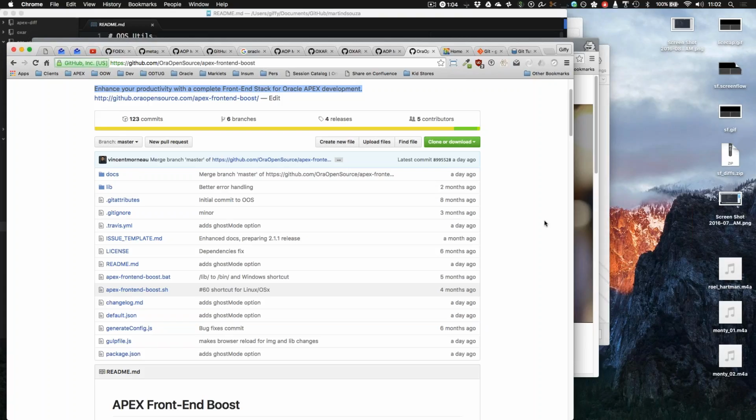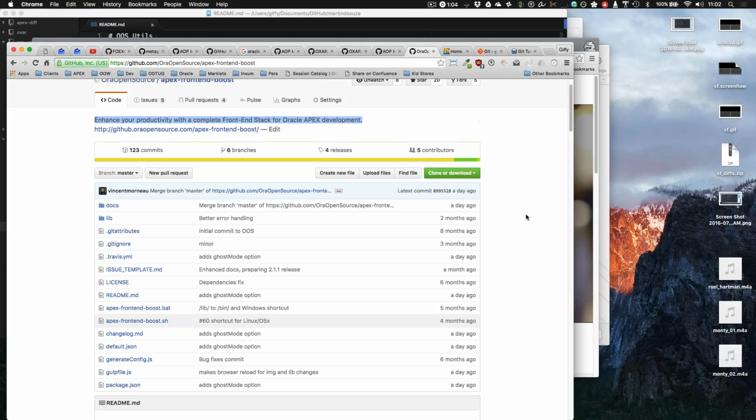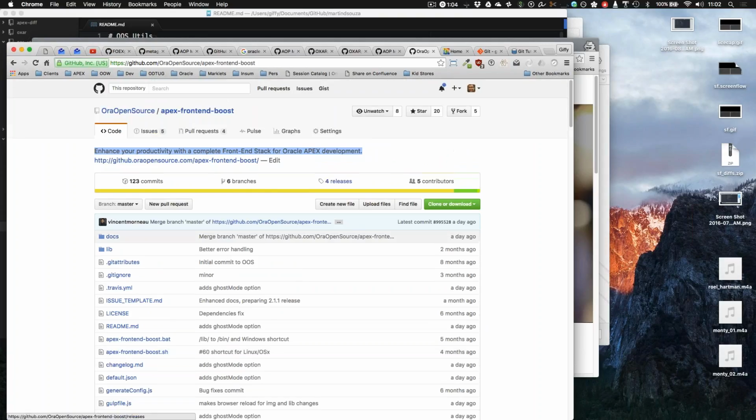Yeah, and really understand the business problem that you're trying to solve. So for instance, Front-End Boost, we always want to push the latest and greatest out there. So it doesn't really make sense to create a branch for every fix. Some people do even branches for every single ticket. Maybe that's overkill for what you want. For a more